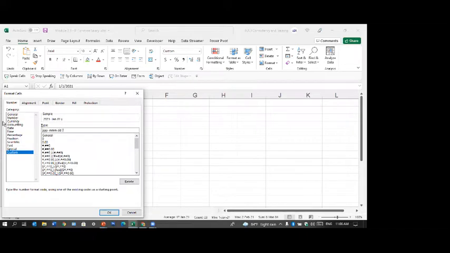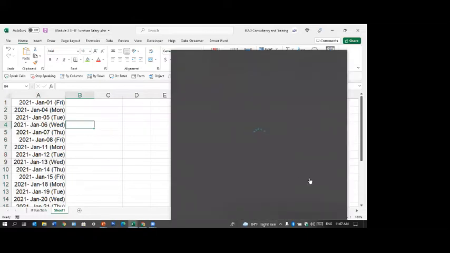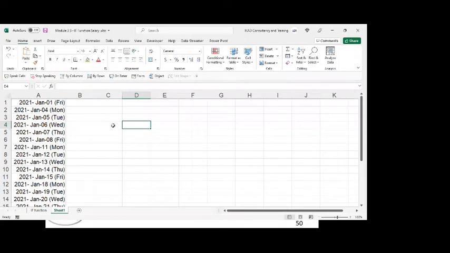DD. Then within brackets, if I put DD, D again, 3 Ds or 4 Ds, it will give you the date, whether it's Saturday or Sunday or Friday. There you go. Can you see that? So this is very useful to have the day of the week. To have the day of the week is very useful in a schedule. Otherwise, we don't know whether it's Saturday or Sunday.